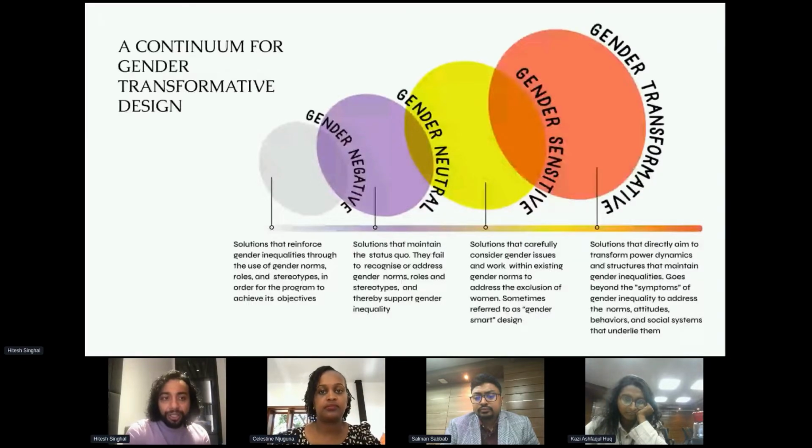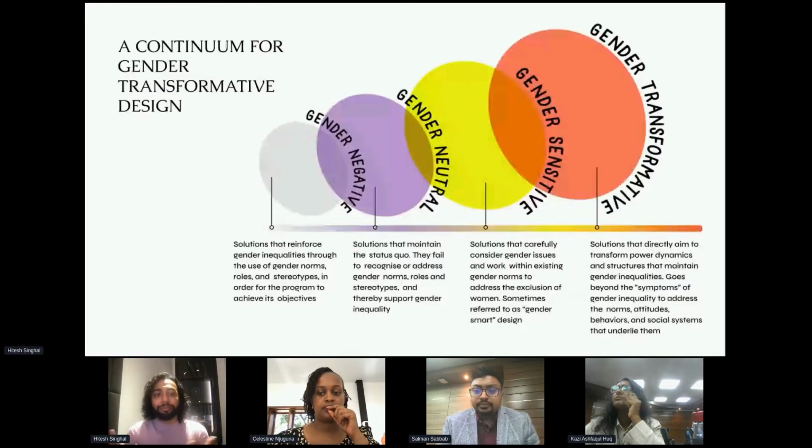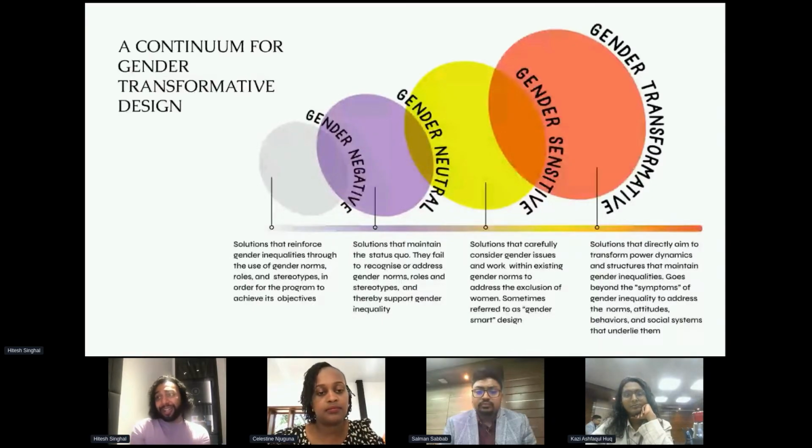Gender negative solutions are those that uphold gender inequalities by reinforcing harmful gender norms. For example, saving tools for dowry actually reinforce gender inequality, because dowries keep girls away from school and treat them as property. A gender negative space might not allow women and girls in decision making areas, or consider some activities only for men, especially those deemed typical to masculinity, without reason to include others. So that's gender negative.